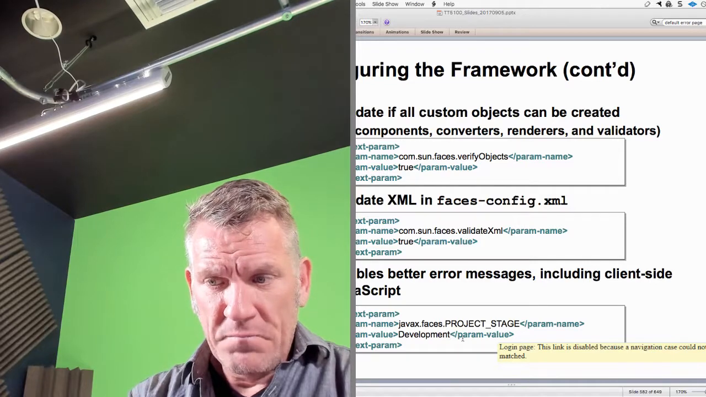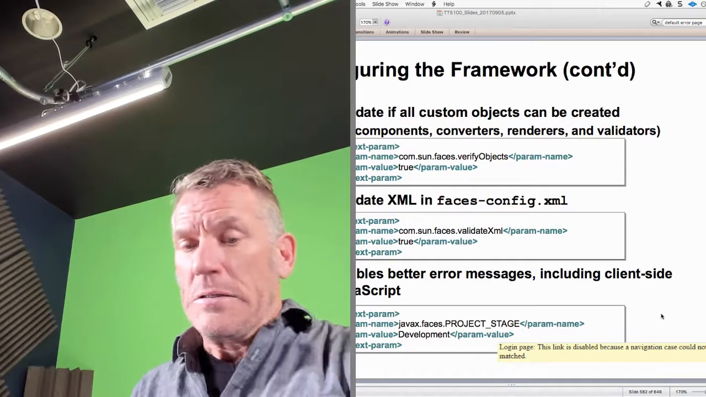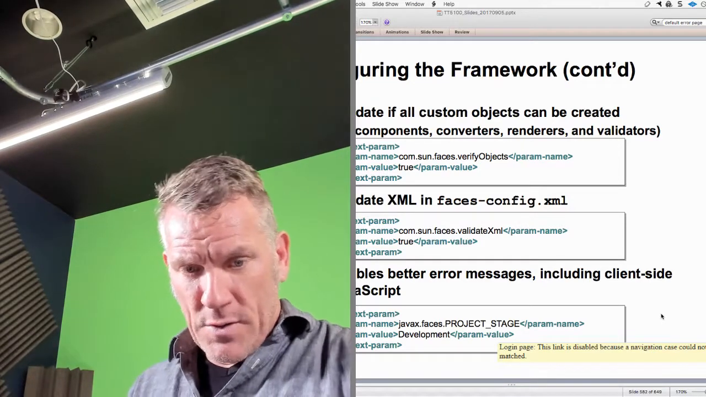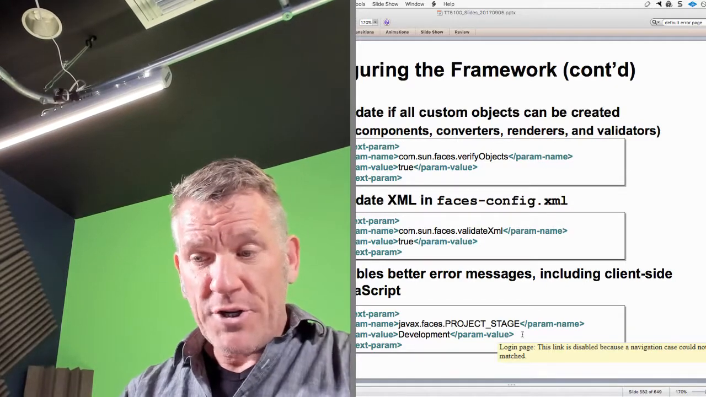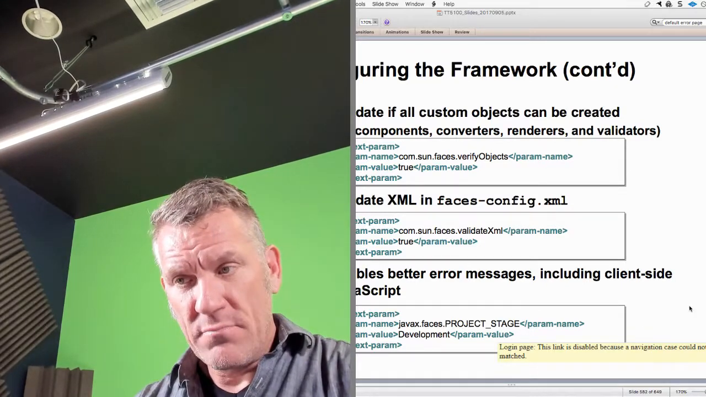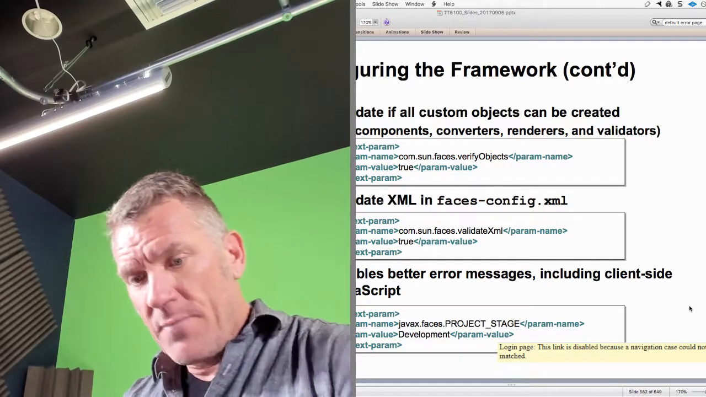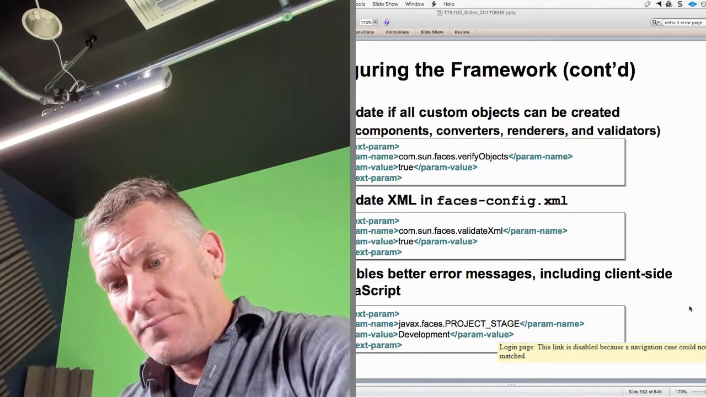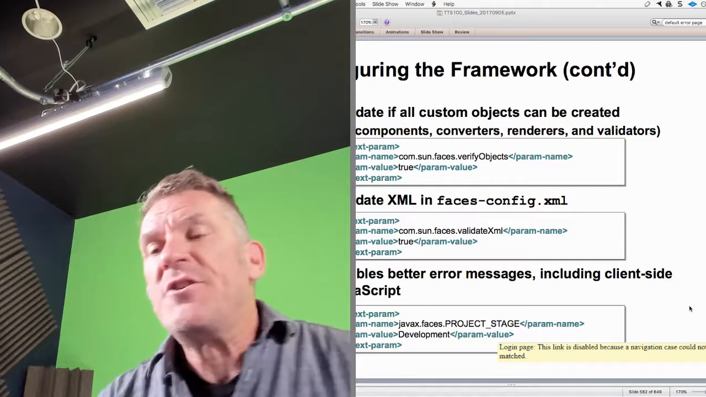So in development mode, we're going to get more verbose messages, and in production mode, we will get fewer messages, obviously, and actually reduce the risk of information being leaked and